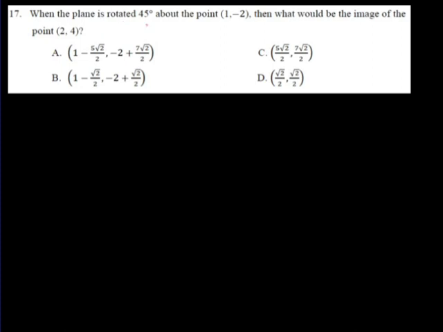When the plane is rotated 45 degrees about the point 1 comma minus 2, then what would be the image of the point 2, 4 under this rotation? So here we do have a certain formula regarding the rotation of this kind. So the formula is